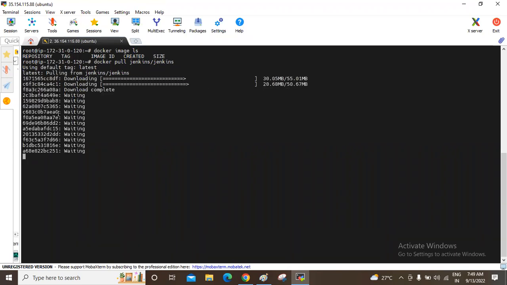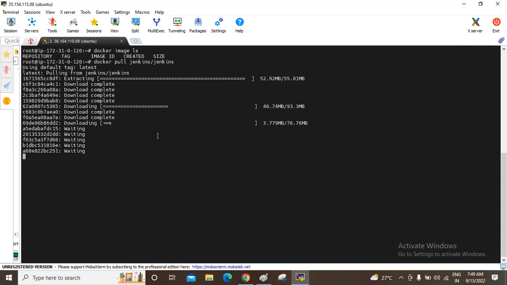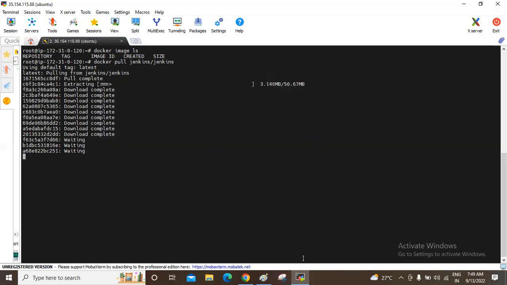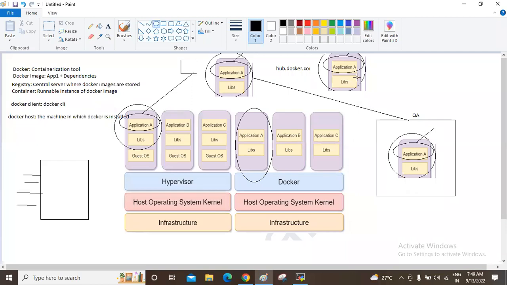What is it saying? Don't worry about all these things. We will learn all these things in detail going forward. What we are doing is downloading the Jenkins application from hub.docker.com to our Docker host machine, which is our instance. What are we downloading?